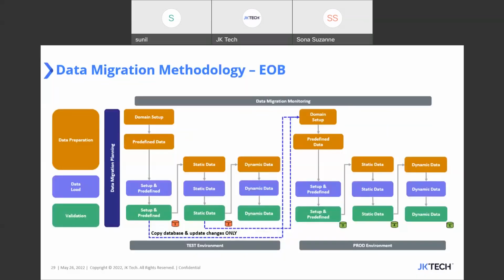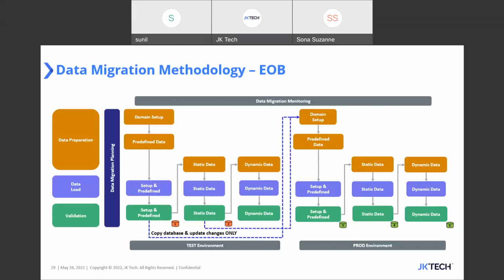Last but not the least, data migration, guys. Whether you're doing an alignment upgrade or a conversion upgrade, your data migration plays an important role. The way you define the master data setups, the way you define the dynamic and the static data loading, and the way you define the archiving methodology, it is very important to understand the data migration, the tools and accelerators that are available, at what point of time you will cut on or cut off your current data,